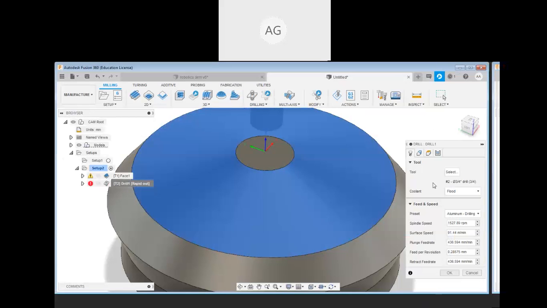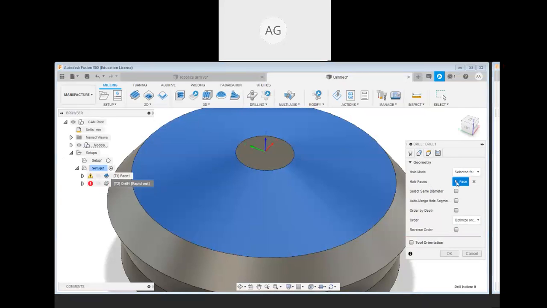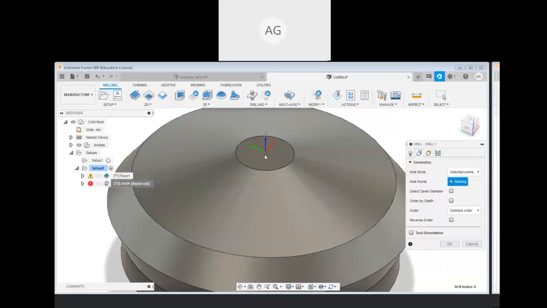So now I have selected tool, coolant, monitoring, and after that geometry, hold mode, face, select point. So this hole point I have selected over here. And after that same diameter, containment boundary, nothing, depth, okay.